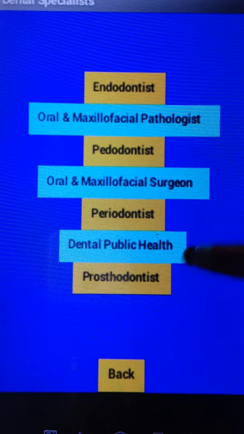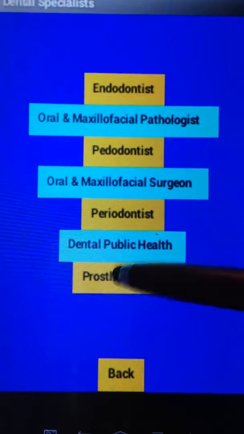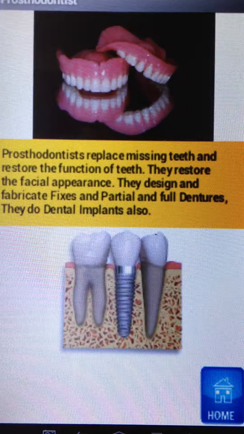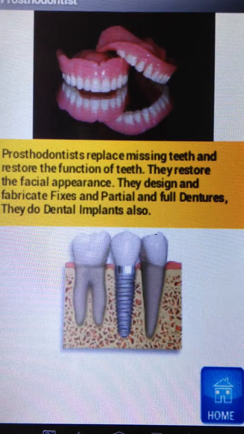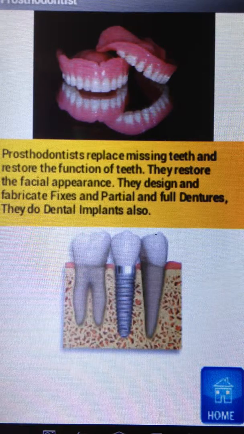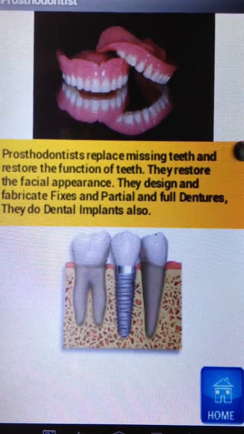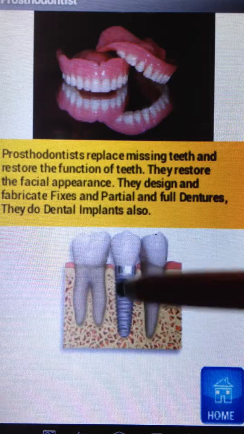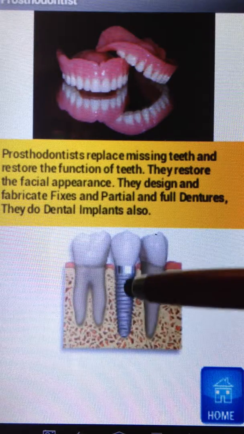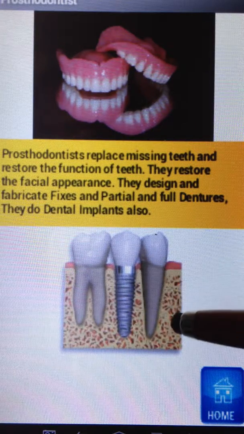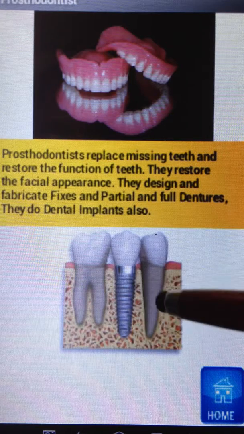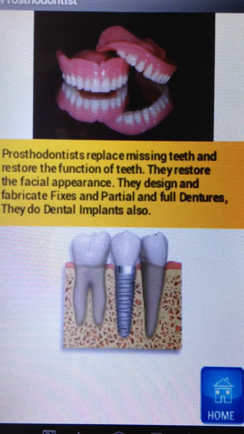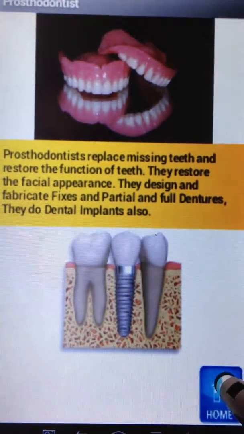Similarly, if you click on prosthodontist, let's see what a prosthodontist can do. This clearly shows a prosthodontist can replace missing teeth, and then the explanation is given in here. And then these are all the visual representations to show how an implant will look. Normally implants are done by either prosthodontists or periodontists or oral surgeons. All of them can do the implants. So now again, going back to the home screen,